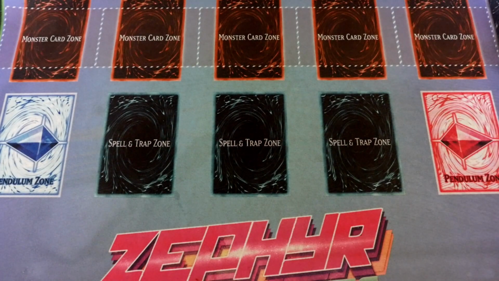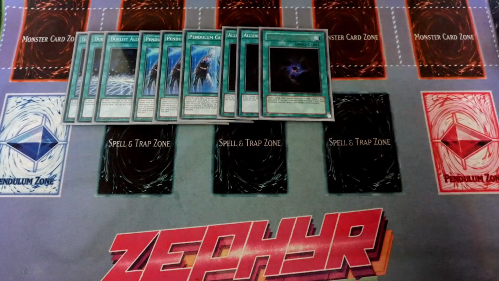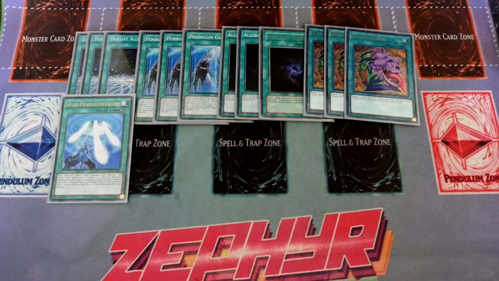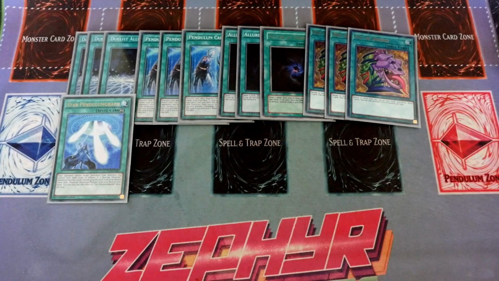Now on to the spells. So for the spells, of course, we're playing triple Duelist Alliance, triple Pendulum Call, triple Allure of Darkness, triple Pot of Desires, and 1 Star Pendulum Graft. So again, quite straightforward on this one. Draw card, get your 2 scales. We want to play it at 3 because it doesn't matter if you see this early, because this is just